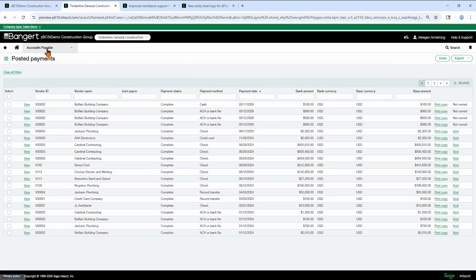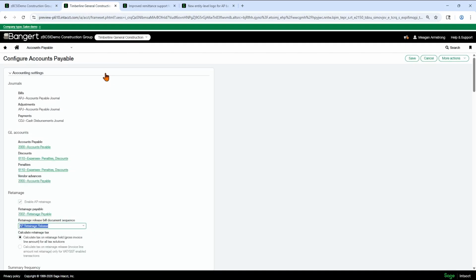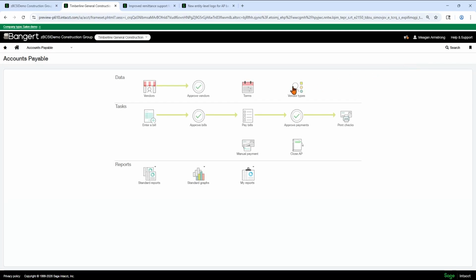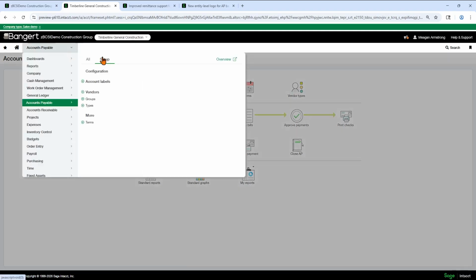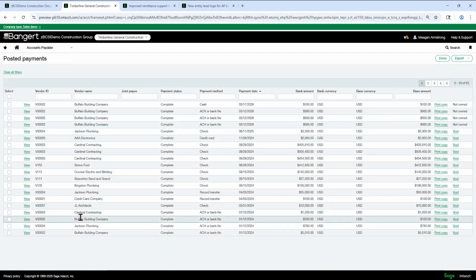And this can be customized at each entity level. So if you had an entity that didn't have its own logos, you can come into here and even change the remittance. If each entity wanted to have a different email remittance, you could have a different template for that as well. And you can also customize with or without a logo on each one here. So we'll hit save.